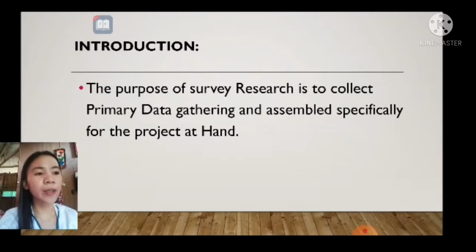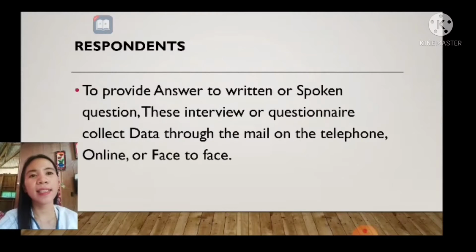In order to gather a lot of answers, meron tayong mga respondents. Next is respondents, to provide answers to written or spoken questions. The interview or questionnaire collects data through the mail, on the telephone, online, or face-to-face.